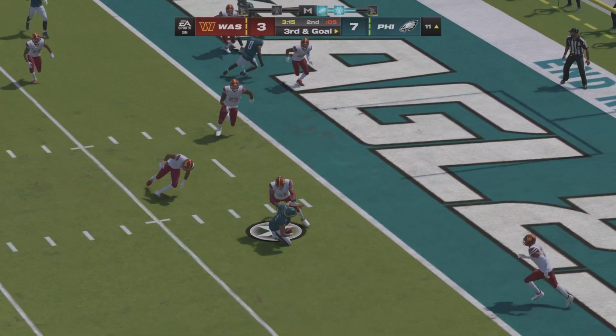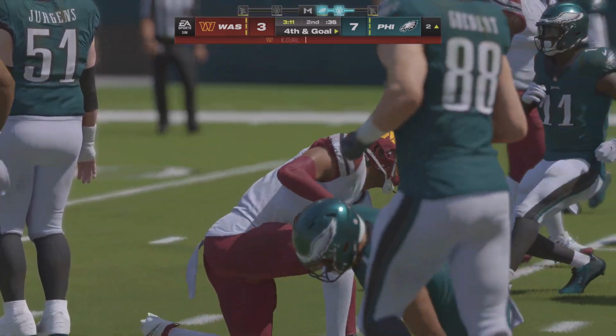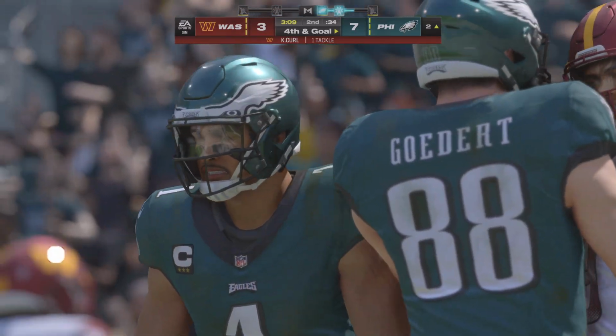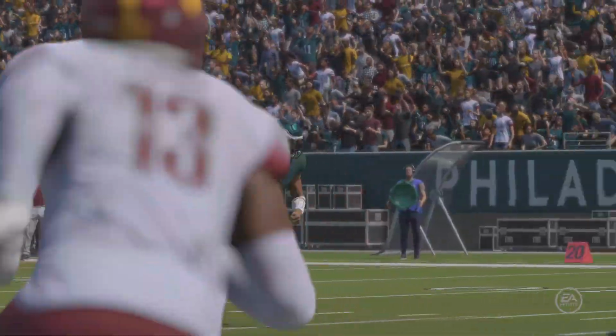Oh, look at the juke. And he's able to get it down to the 2-yard line. Give him 8 yards that time on the scramble, and now 4th down. That was a good effort there, trying to do it on his own, but as a defender, you're in a